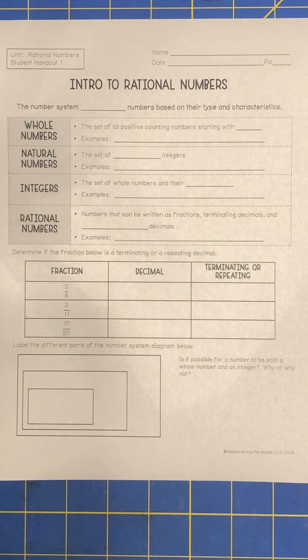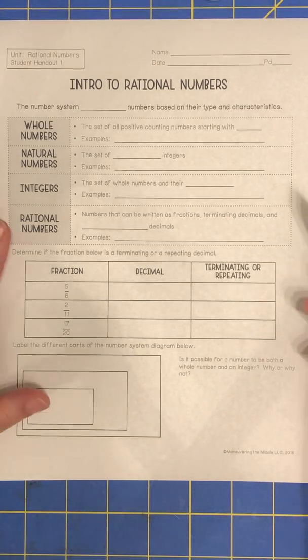But before we move into the real number system, I want to go back and review with you the four different classifications of rational numbers, because that will help you make more sense of the real number system, and then moving into classifying numbers into the different categories. So this goes back to last year when we were talking about rational numbers,